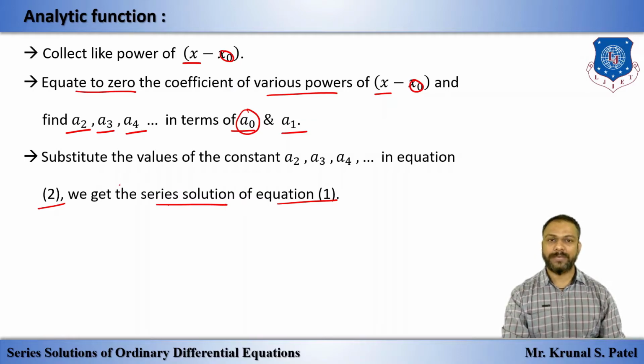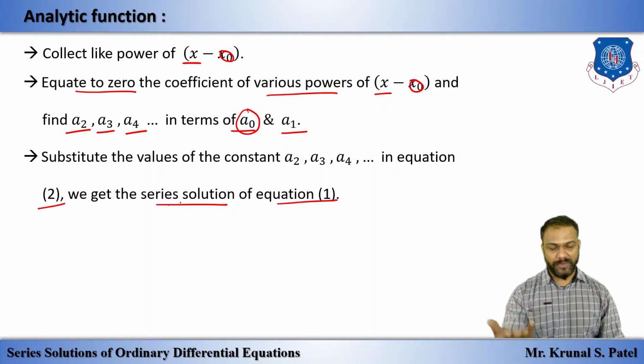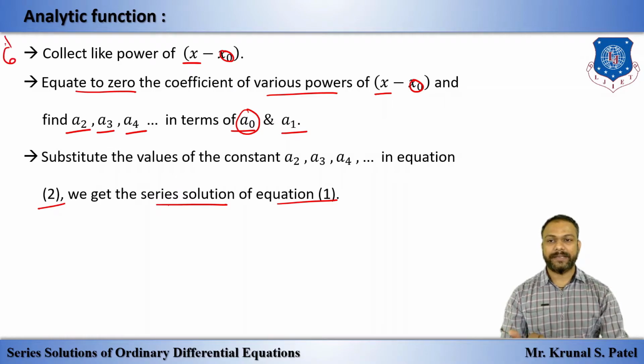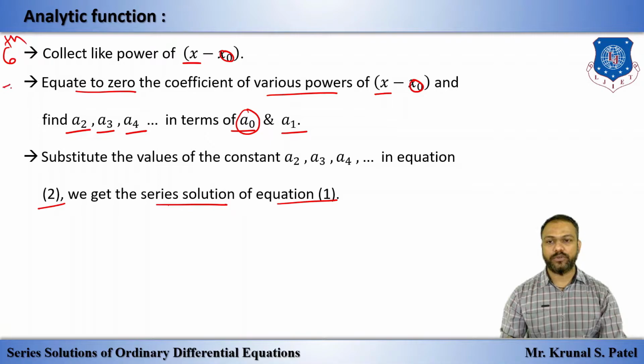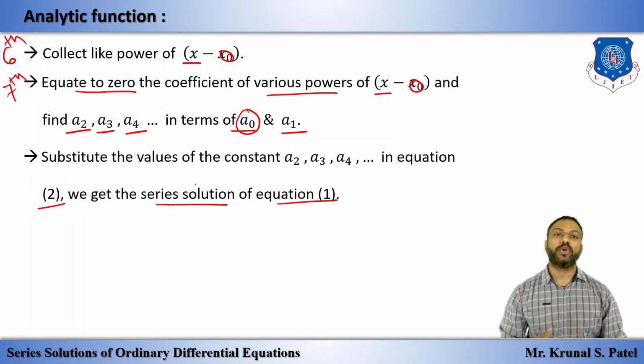Okay, again, first step is trial solution. Second step, substitute in equation number 1. Third step is simplify. Fourth step is make power of x equal. Fifth step is make limit of sigma equal. Sixth step is collect the like power of x. And seventh step is equating to 0 the coefficient of various power